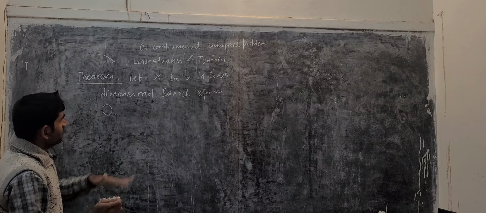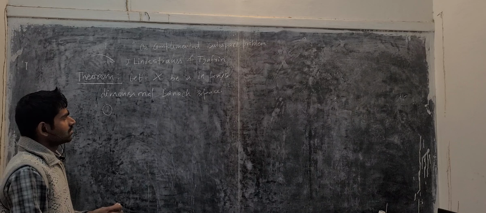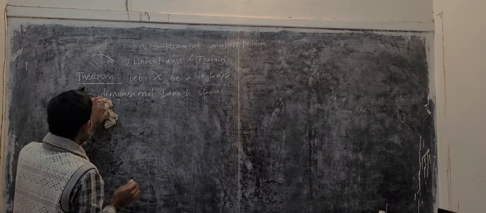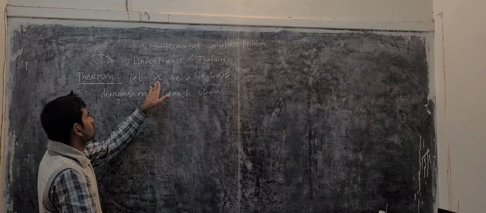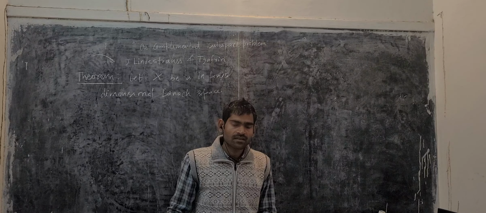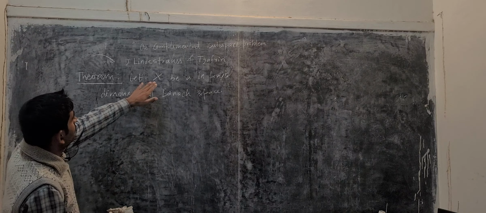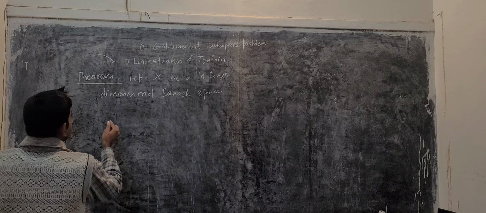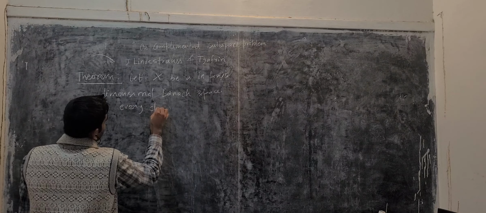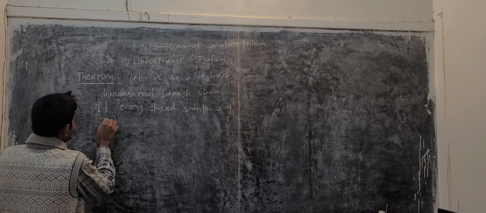What happens if every closed subspace of this infinite dimensional Banach space is complemented? The resulting portion is proved by these two guys. What I am saying is, if you have an infinite dimensional Banach space and further every closed subspace is complemented, I am not saying a few complemented closed subspaces, every closed subspace is complemented. So I am imposing this condition. If every closed subspace of X is complemented,